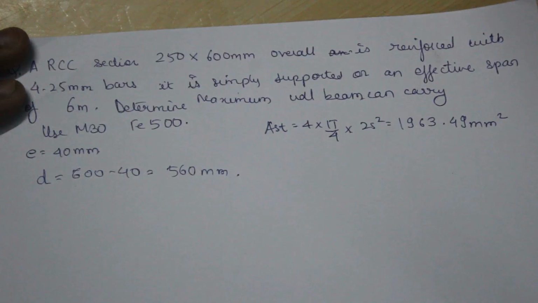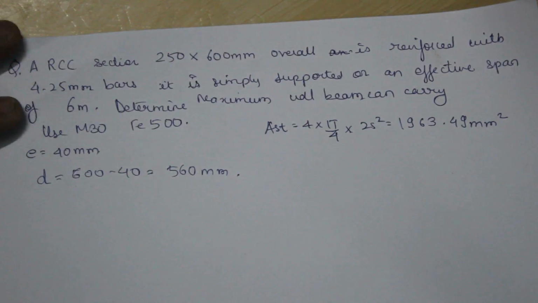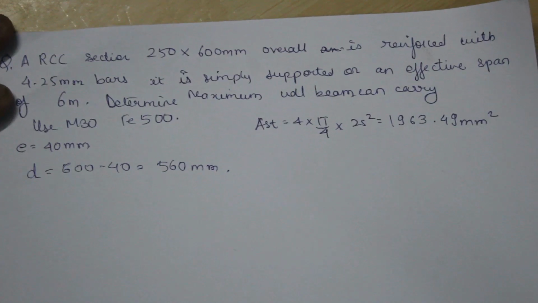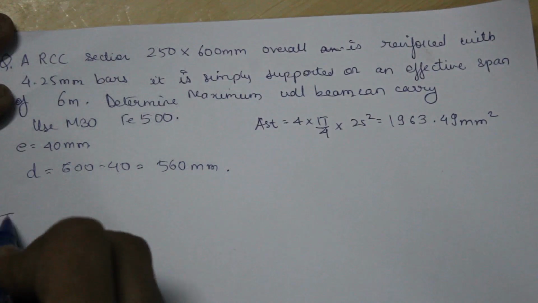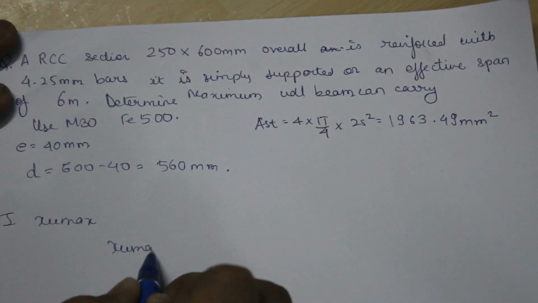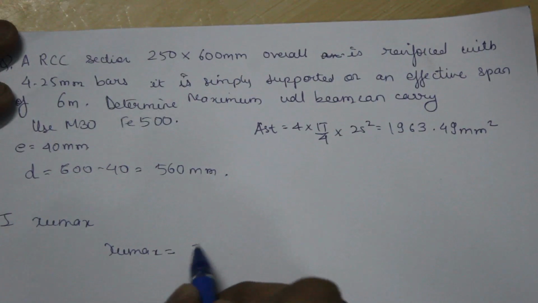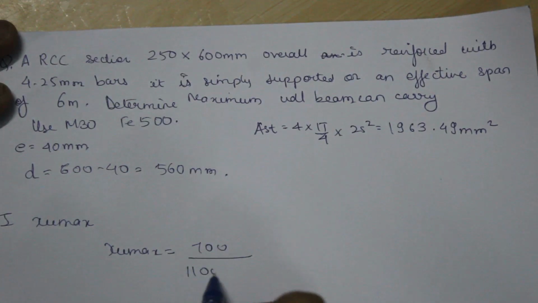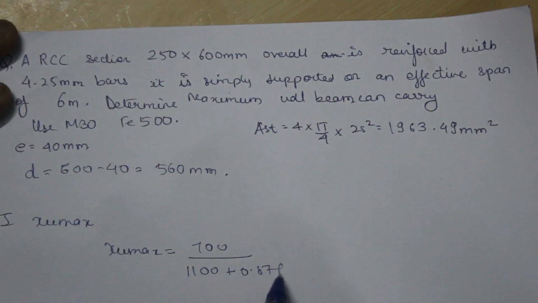The next step: always while designing or analyzing a singly reinforced beam, first you have to find out the ultimate or limiting depth of neutral axis, that is Xumax. So the first step would be Xumax. Xumax is given as 700 by 1100 plus 0.87 Fy